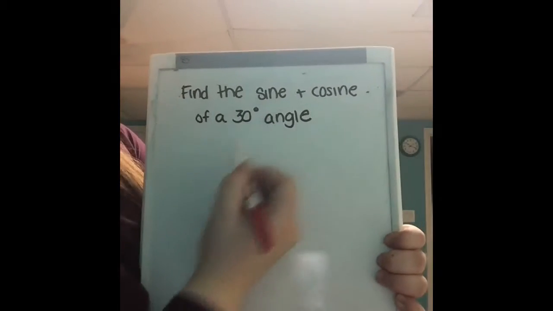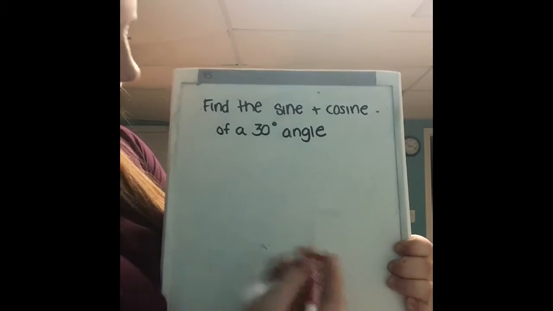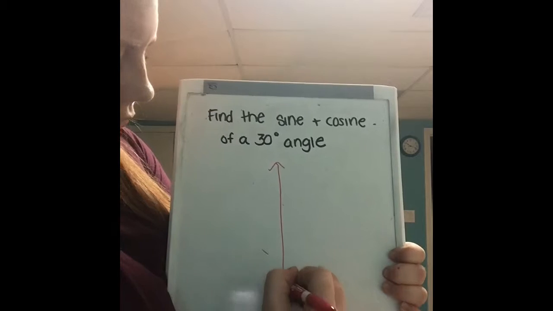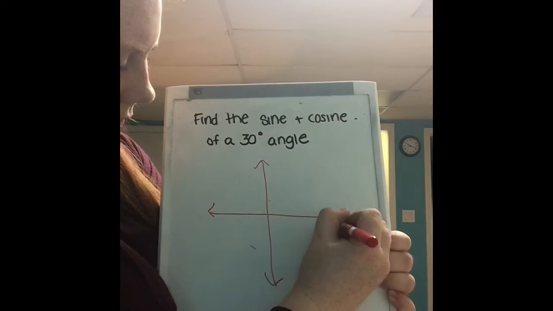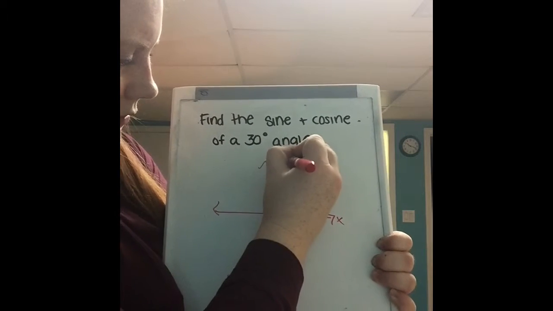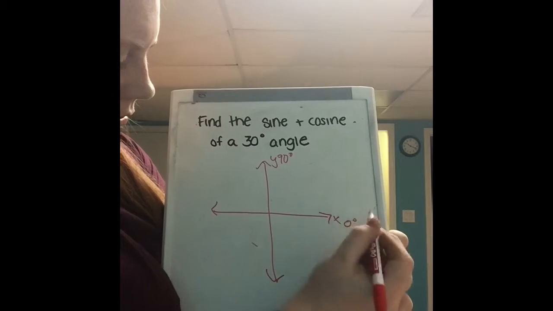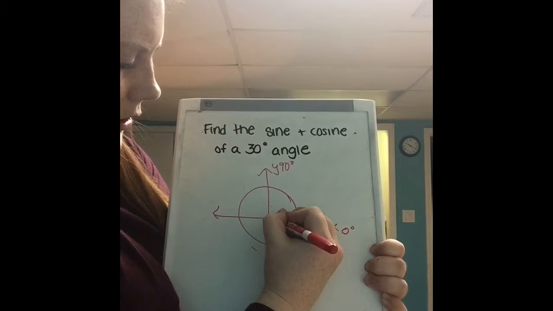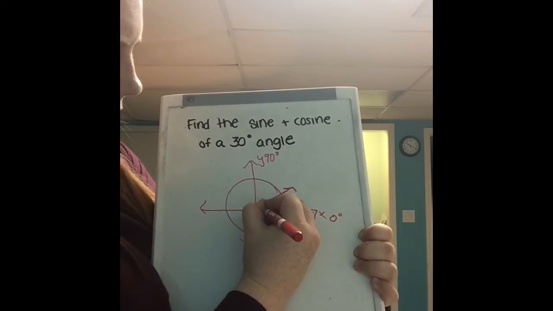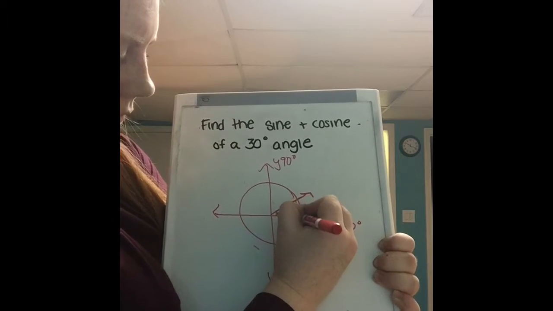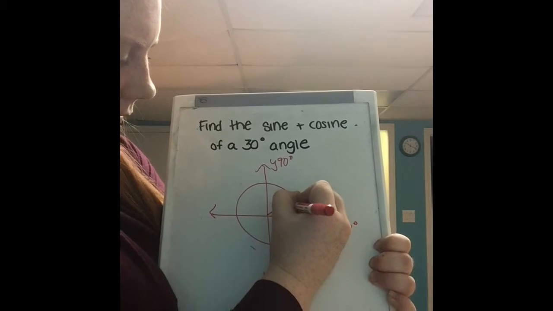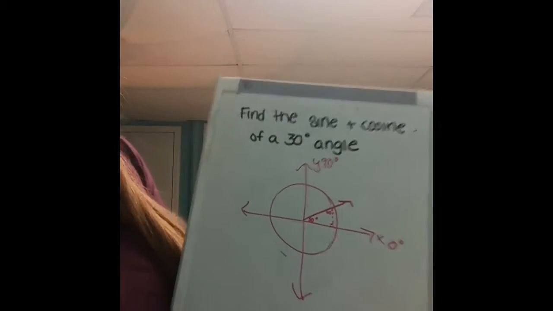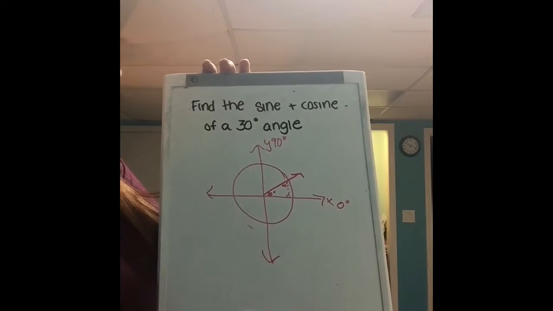So, find the sine and cosine of a 30-degree angle. Just draw the unit circle again. So you can call this around 30. Now, when you do this, this is 60 degrees. Now, when you're referencing a 30, 60, 90 degree triangle,